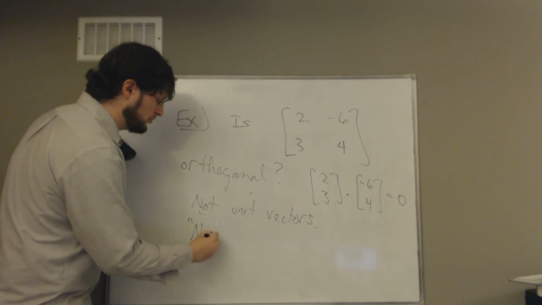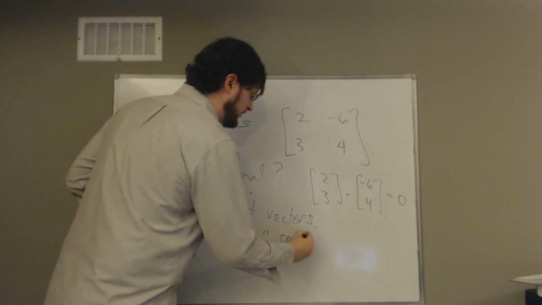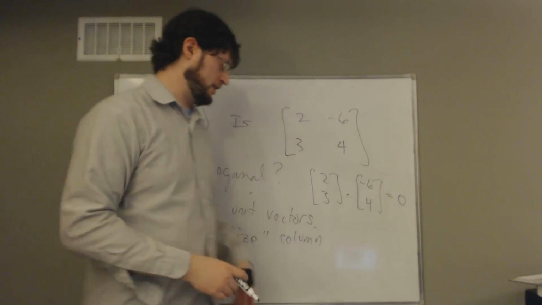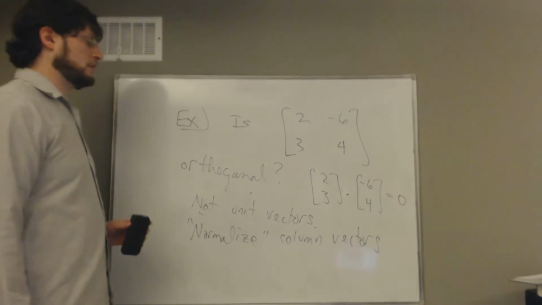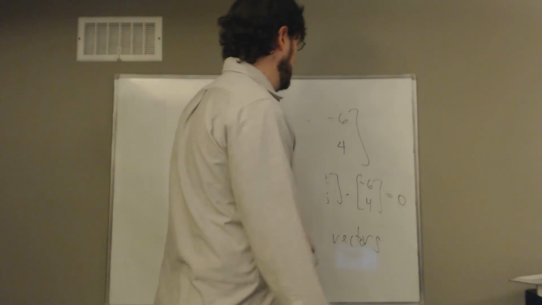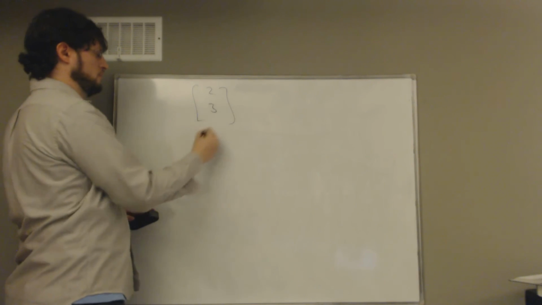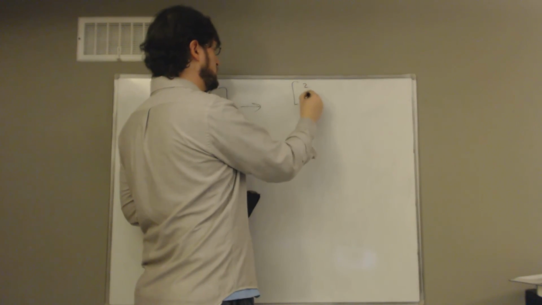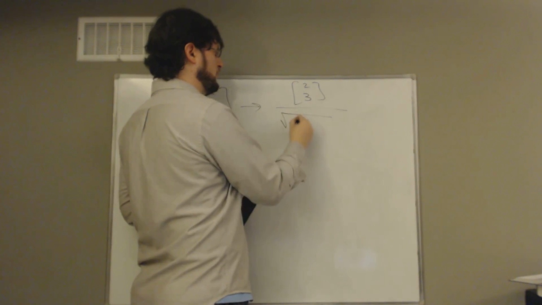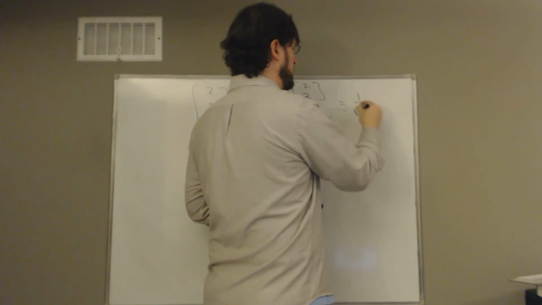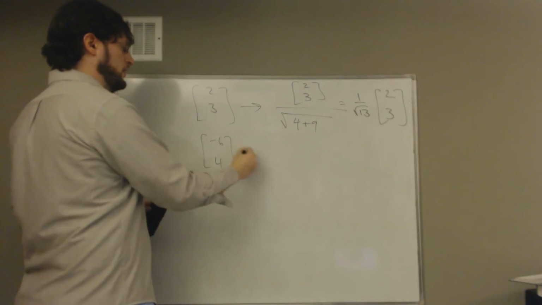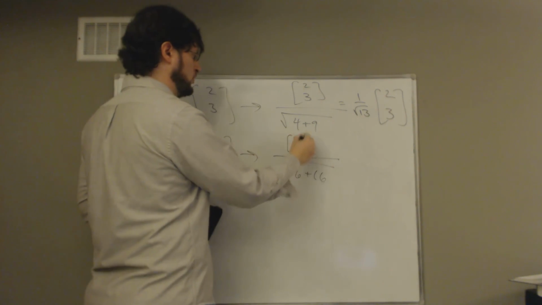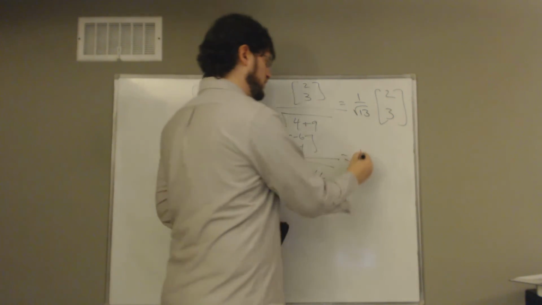And so when I say normalize the column vectors, what I mean is take each column vector and turn it into a unit vector that's in the same direction. That is, divide by the length. So we have 2, 3, and minus 6, 4. Well, the length of 2, 3 is the square root of 2 squared plus 3 squared. So we're going to have the vector 2, 3, and we're going to divide by its length, which is the square root of 4 plus 9. And so that's the square root of 13. So we have 1 over root 13 times 2, 3. This one, the length is square root of 36 plus 16, and we still have minus 6, 4. So that's 1 over square root of 52,